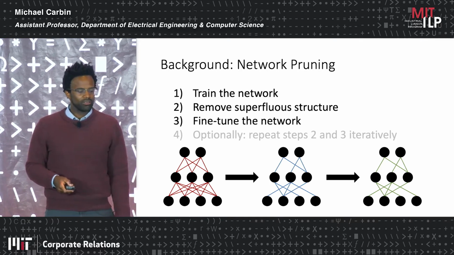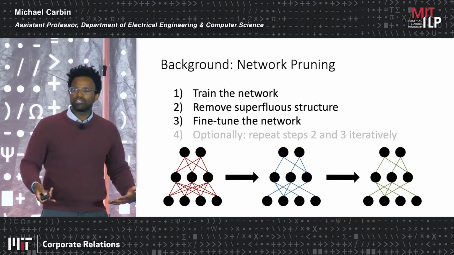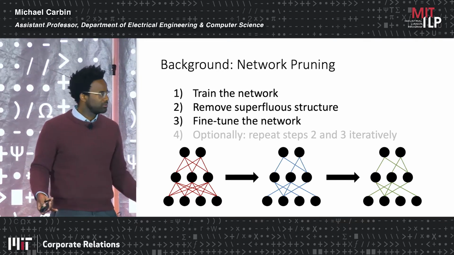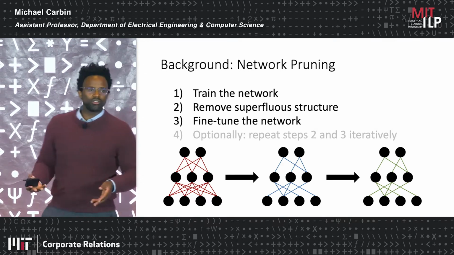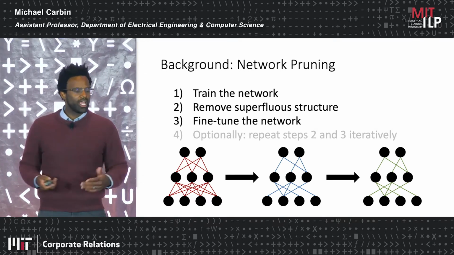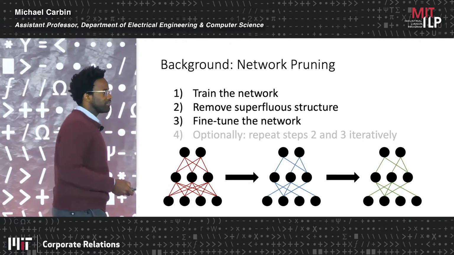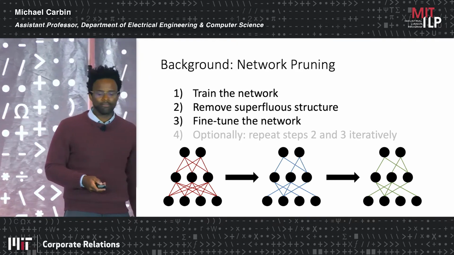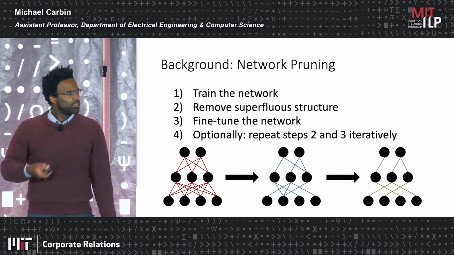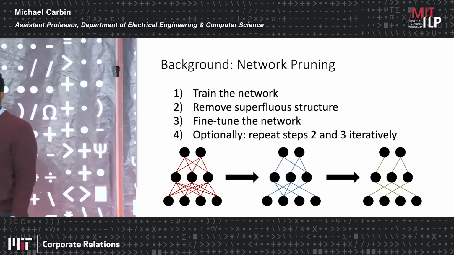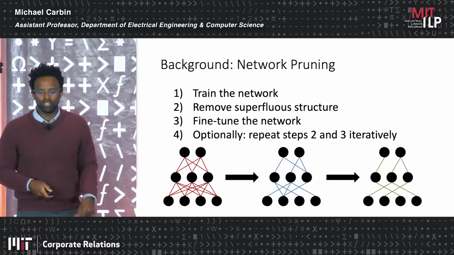And step number 3 is going to be to fine-tune that network. So when you remove structure, the accuracy of that network is typically going to degrade. And what you need to do is a little bit more training on the original data set to recover the accuracy that you had lost. But it's typically possible to restore quite a significant amount, if not all, of the accuracy that you had. And then finally, there's another step where you can do this iteratively. Keep pruning and training, pruning and training, removing and training over and over again to get a high-quality, compact model.